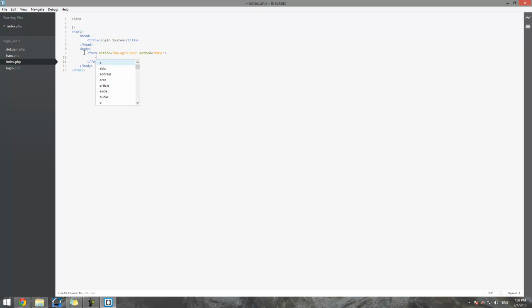Let's then do an input type of a text box, and we will put a name of username. Yeah, we won't do the whole email address thing, even though it would work. Yeah, let's do email address, and then let's just close out the input,